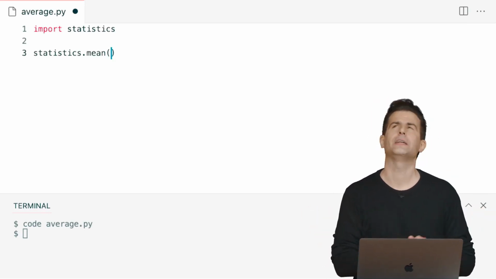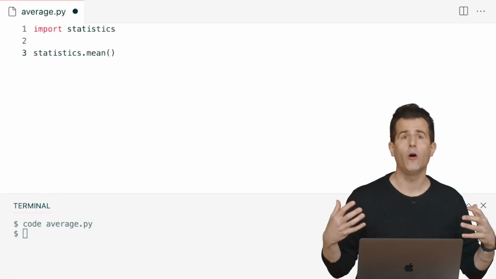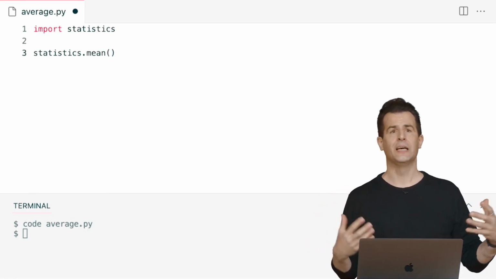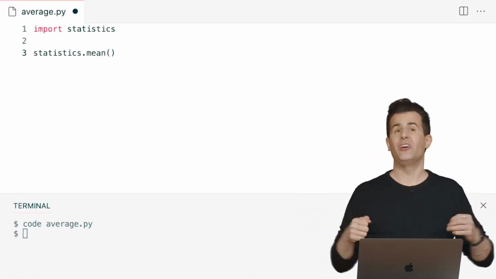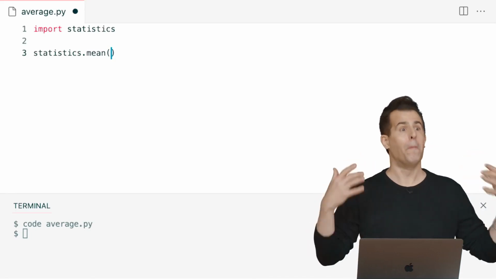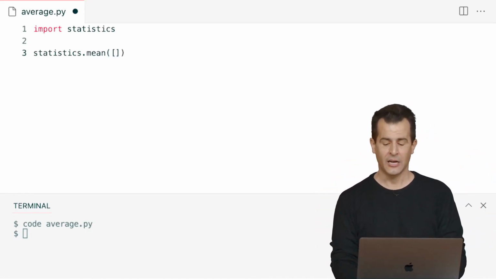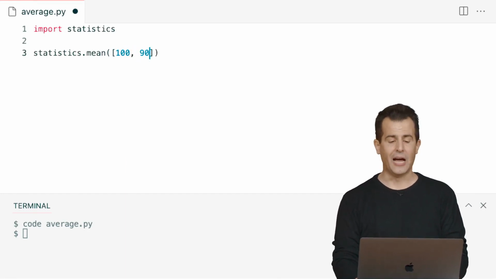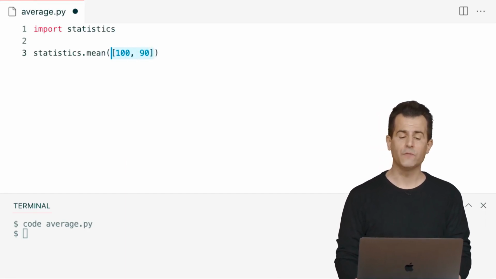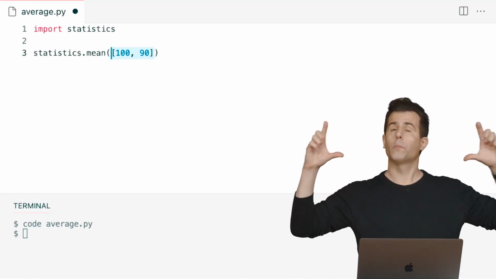And let's suppose that I'm quickly trying to calculate what my current grade average is in school, and I did really well on my first test and I got 100%, and on my second I did well but not as well and I got a 90. And ironically, I'm not very good with math, so I'd like to figure out what my average now is between those 2 tests. So let me go ahead now and in this list type in the number 100, 90, thereby passing in a list of 2 values, 2 ints, 100 and 90,